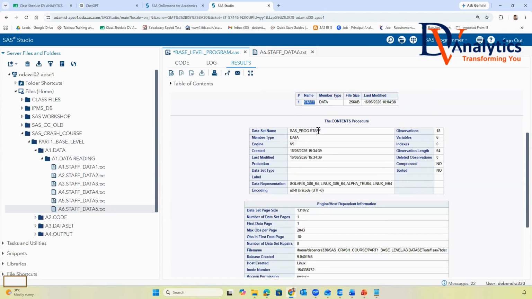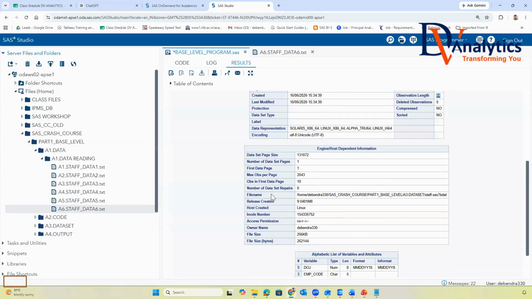Now in this staff dataset, it is giving you that it is having 18 observations, 6 variables. Total observation length is 64. Below it shows what the dataset is and the path where the dataset is being stored. The SAS dataset is stored with the .sas7bdat format. The code is stored with .sas.